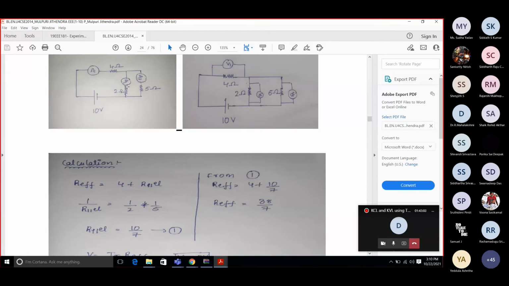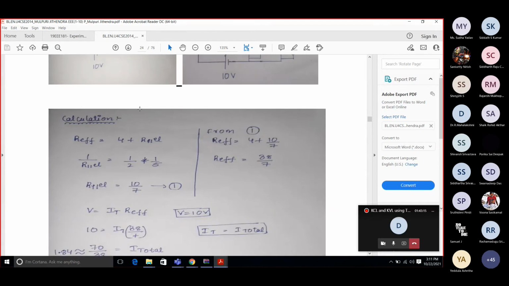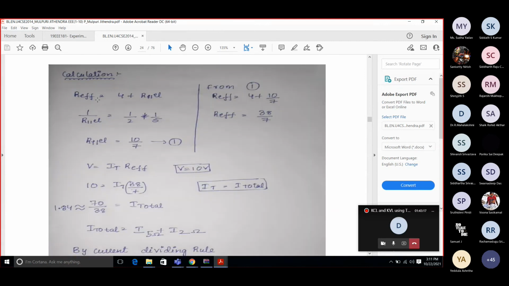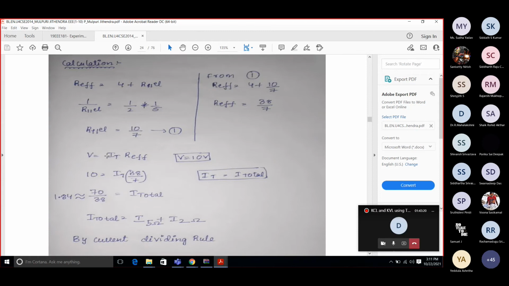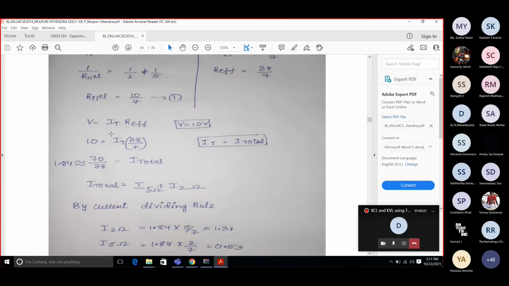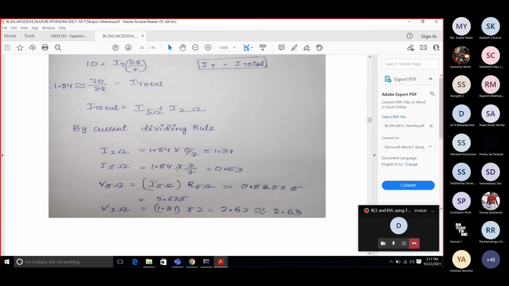Based on that, what is the voltage across this? What is the voltage across this? Because currents are known, you will be able to find the voltage. Then verification, so that is all. The resultant equivalent resistance you will be finding out. Current you will be finding out. Then we will be calculating each of the currents in each branch and the voltage in each branch.